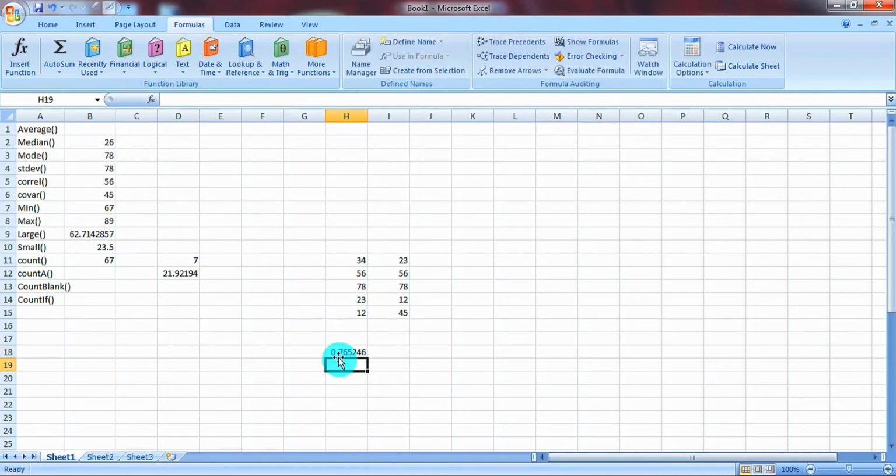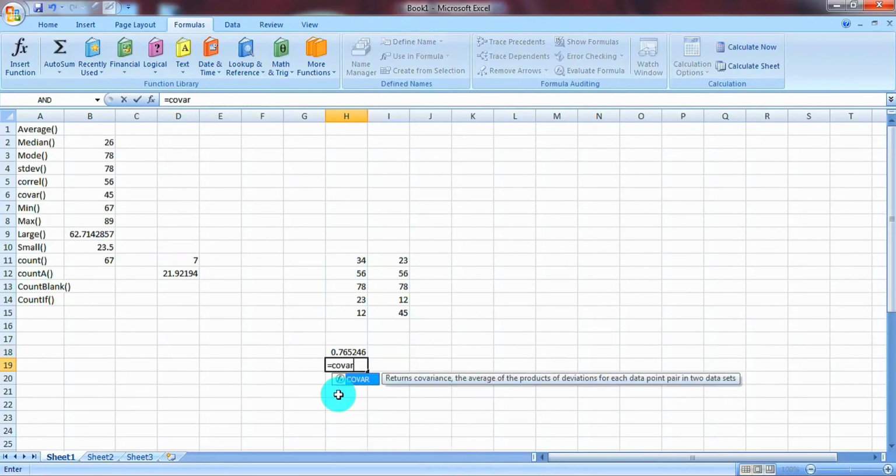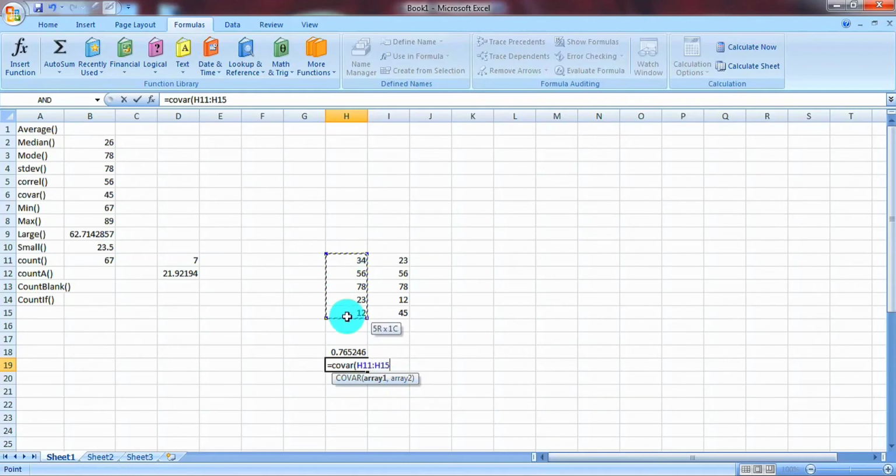This is the correlation coefficient. Next one, covar. This function returns covariance. For that, the syntax is again same, array 1, array 2. This is our first array or data set, comma, then second range or second data set, then press enter key.